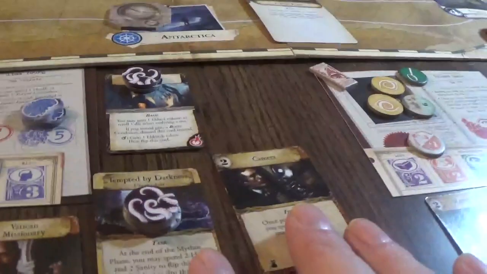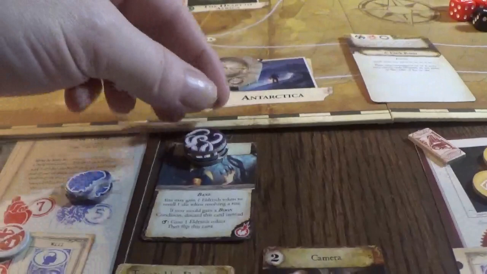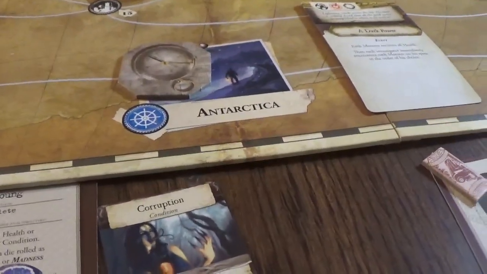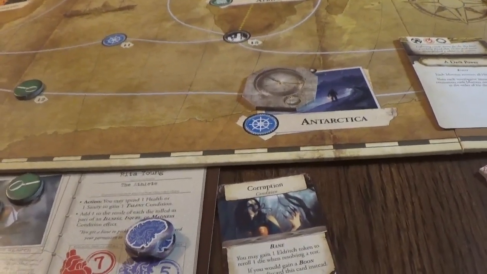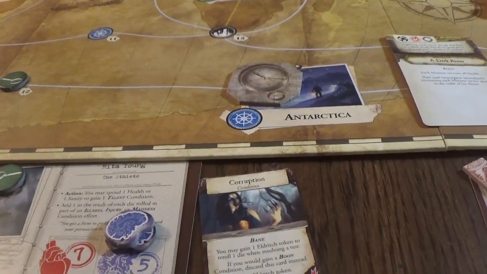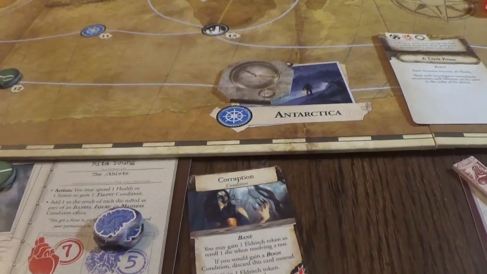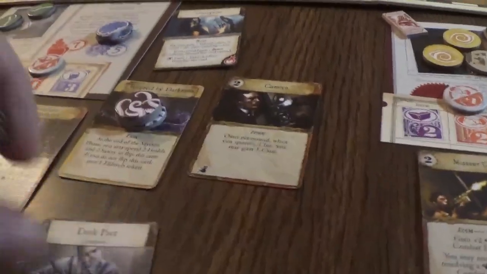Okay. She has to gain an Eldritch token. And I think with her, I'm going to go ahead and remove all of them and gain a Dark Pack for her as well. Horrible. It's too bad the Dark Pack just doesn't let you get rid of the card, but man, that was...